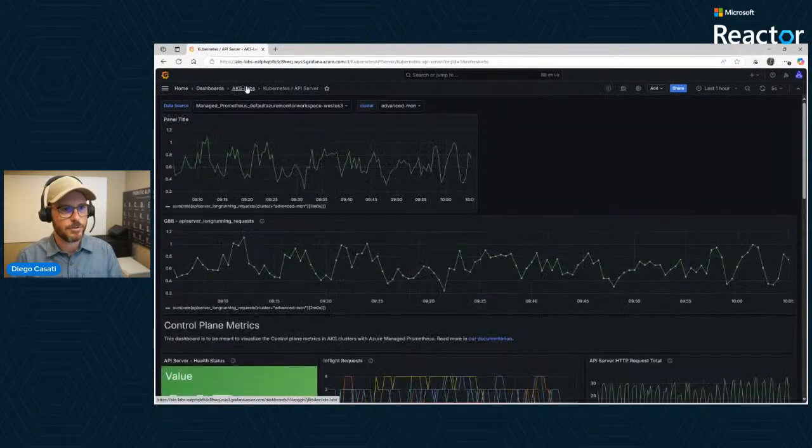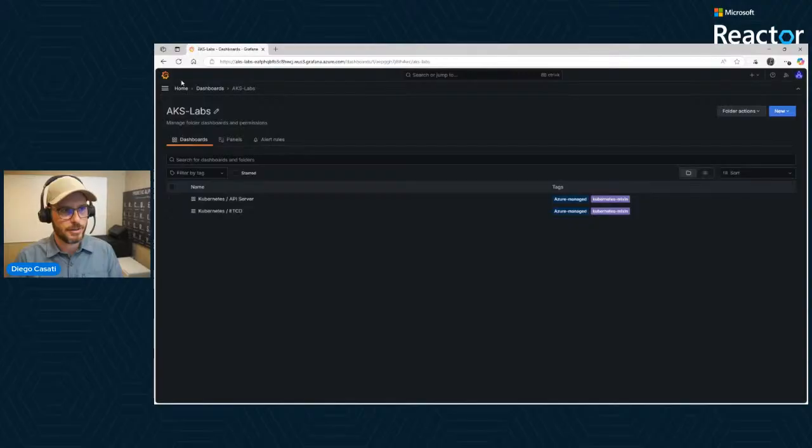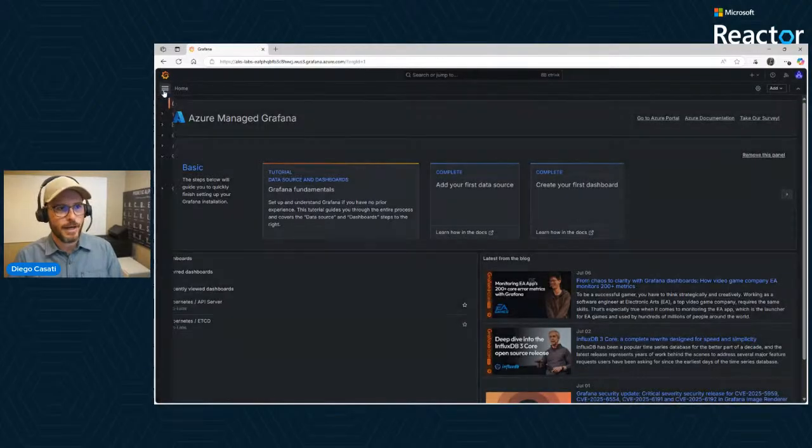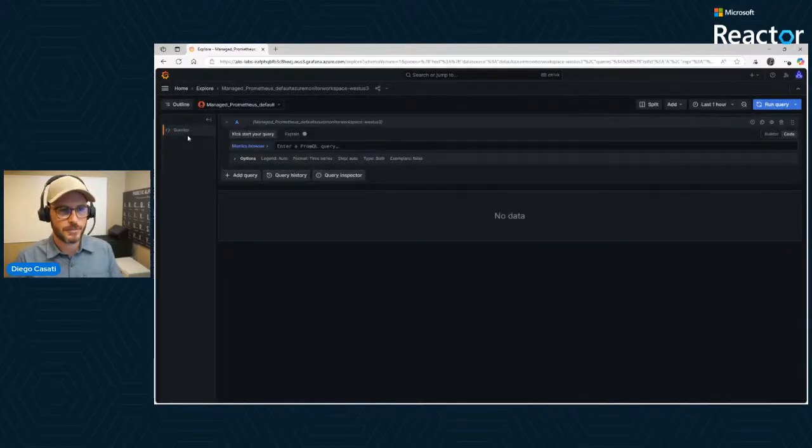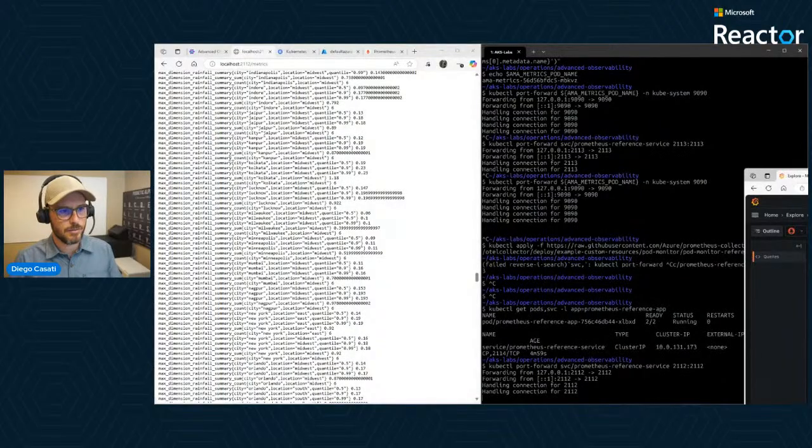So if you were to go back into your Azure Managed Grafana instance, and then go to Explore. And then in here, you can paste one of these. Let's say, what is this? Max dimension rainfall summary.